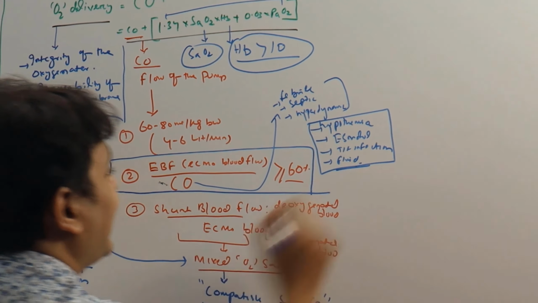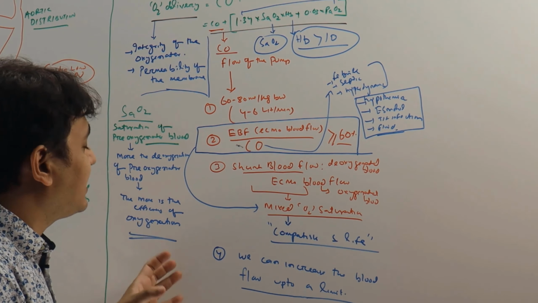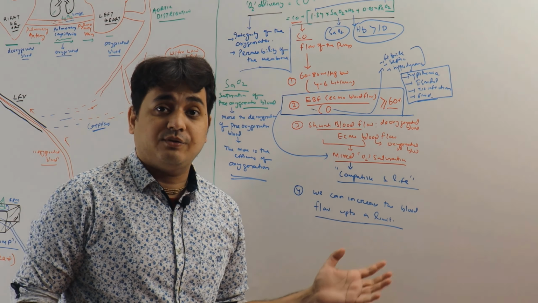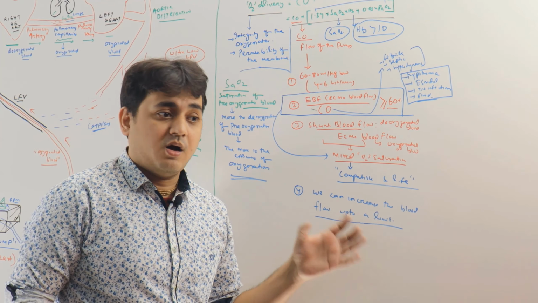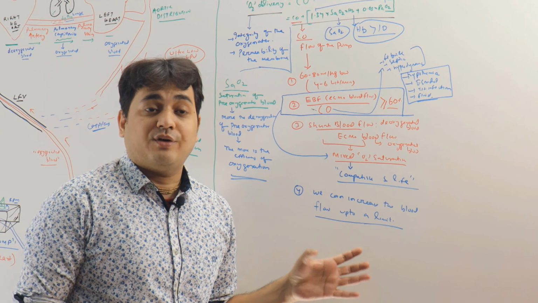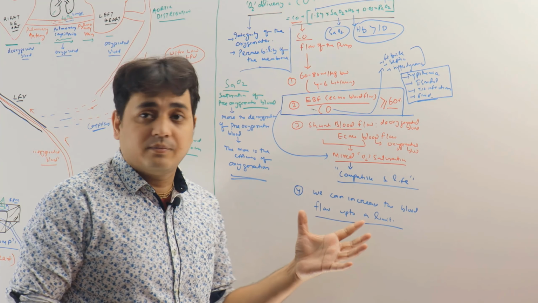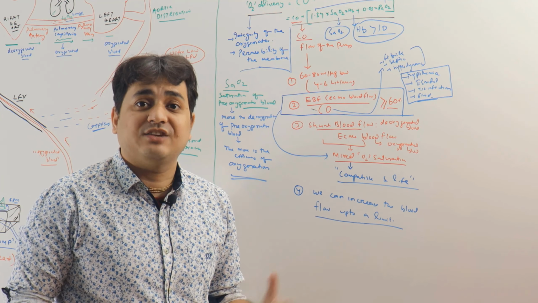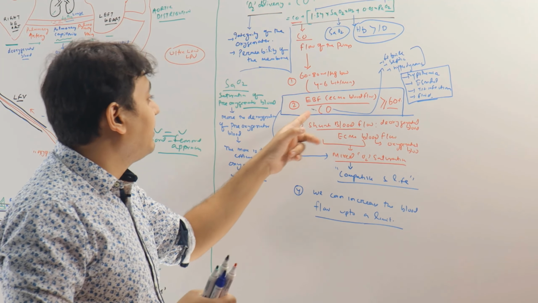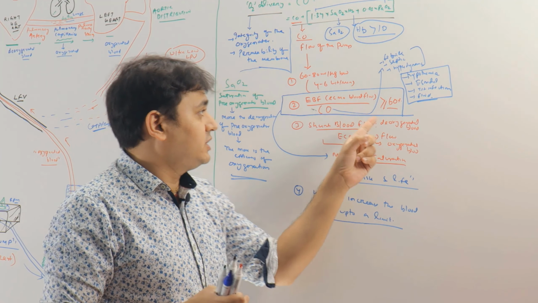So when a patient's cardiac output is really high, at that time you have to really think about what is causing my patient's cardiac output to be high. Is my patient febrile, with a very high grade fever? Is he septic? Or is he having a hyperdynamic circulation because of something else? If you cannot find any solution, you just put the patient into hypothermia. You can use esmolol for the patient. You can give paracetamol, treat infection, antibiotics, everything. That you have to think, right? But always remember the ECMO blood flow has to be 60% of the cardiac output to optimize oxygenation, right?